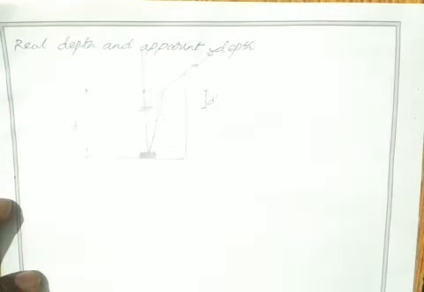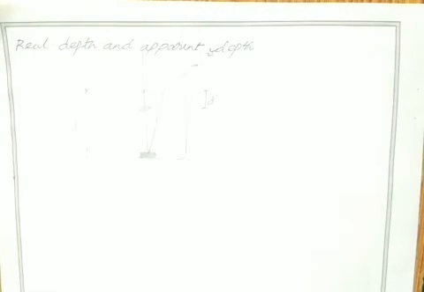Clear? So here we have two mediums. The two mediums must have two refractive indices. One is water, another one is air. So which one has the refractive index 1? Which one has the refractive index 2? That is the main question here. So remember always, light coming from the object, that place is taken as the first medium. Sorry, that place is taken as the second medium.